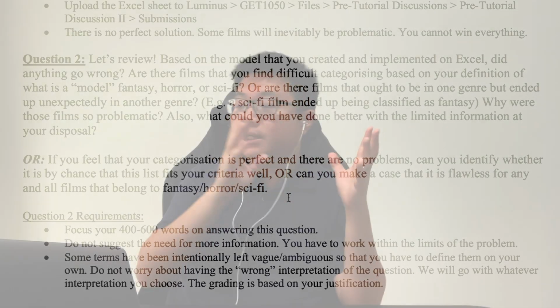So most of you talk about the data set. The data set is so abstract, right? Whether it's a scary ghost or friendly ghost, we just lump it into ghosts. What kind of machines are we talking about? What kind of technology are we talking about, right? Or some students had more nuance in the analysis. They say, some movies have machines, but what makes it sci-fi is that it becomes a focal point. Okay, so that's a step up, right? So these are things that we were looking out for.